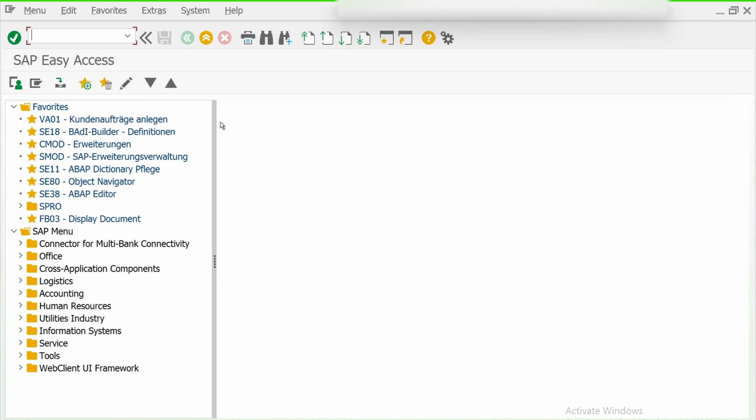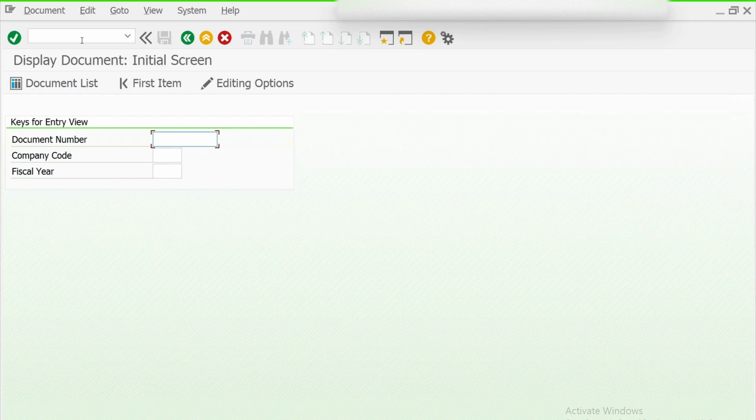Now let me tell you about another shortcut. FB03 is the transaction code to open any accounting document. Now I want to open another screen and close this particular session.